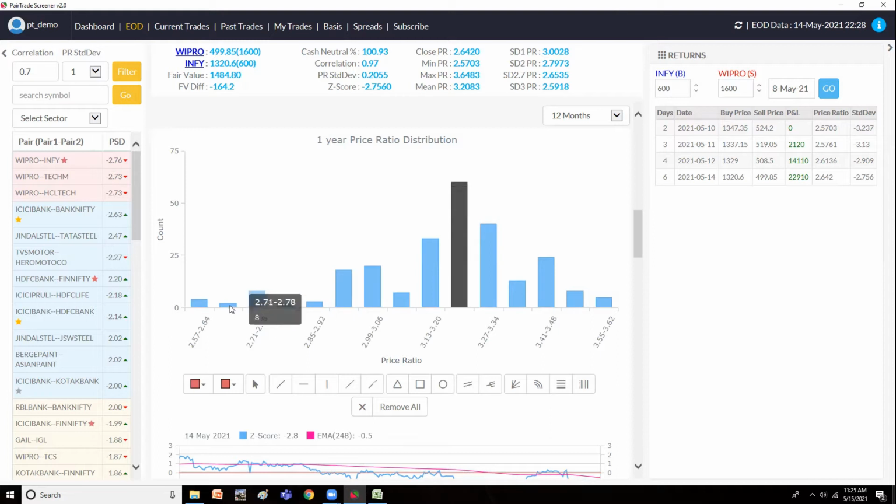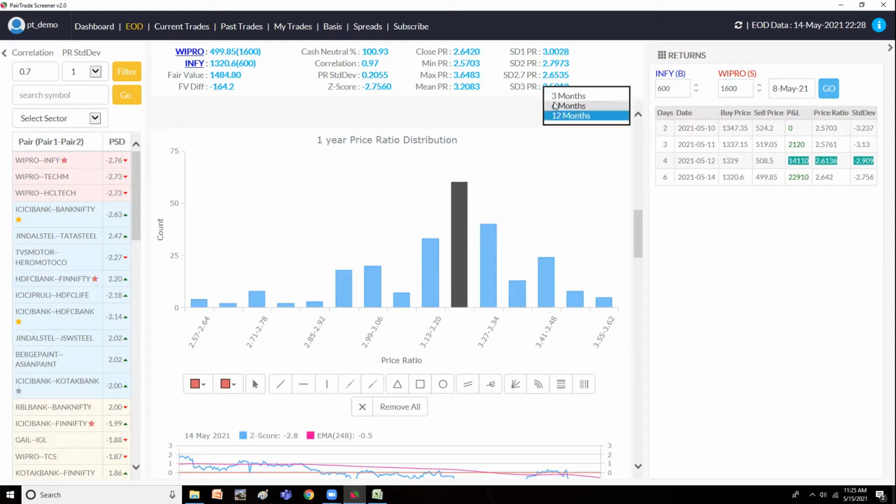But in recent times it has expanded to the left side, but that would give us a good opportunity to enter. If you look at the right hand side, the returns section, it is telling us that on 10th it was at 3.23, then it went to 3.13, then it came below 3 standard deviation. So this was the entry day. The 12th was the entry day for the pair, because it has closed below 3 standard deviation, and we would have made a little profit yesterday.